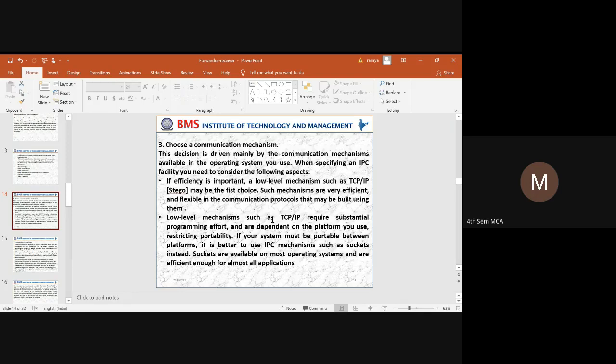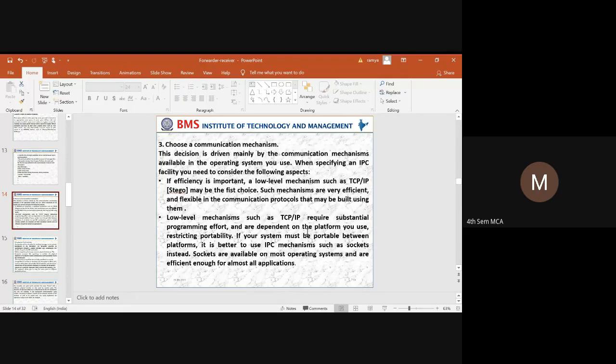protocol mechanism. When we are using a low level mechanism such as TCP/IP, what are the different applications or programs that are dependent on a particular platform that the client or peer is using? If the system has to be portable, it is better to use an IPC mechanism.